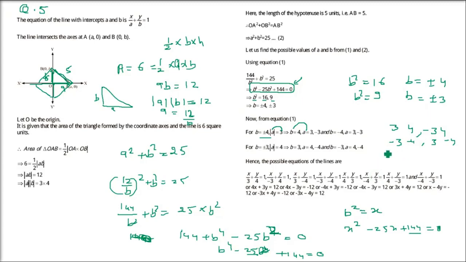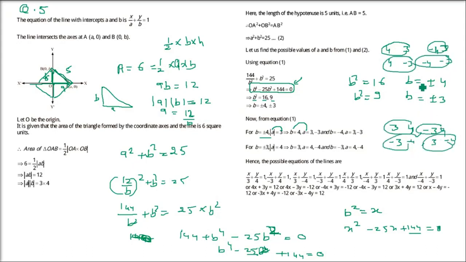Now coming to B as plus minus 3. So B can be 3 and B can be minus 3. A can be 4 or minus 4, for each of these. So again 4 situations. So 4 plus 4, 8 possibilities are there: 1, 2, 3, 4, 5, 6, 7, 8. So let us take one of these.